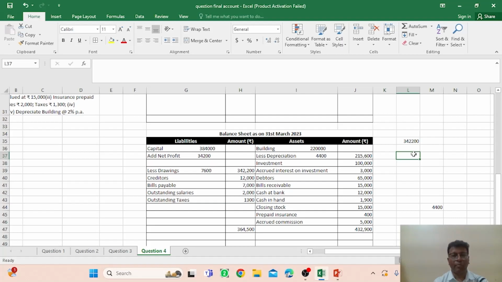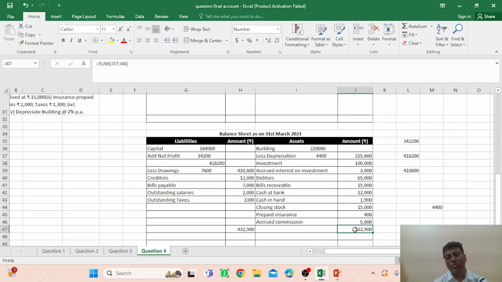Sometimes it happens, definitely it would happen, because there was an error, and if you check it and correct it, you will find that there was already written as a less, right? But it was now profit. Earlier it was the loss, so you had subtracted. Now you have to add this total. So equal 384,000 plus 34,200. So this is the amount that you should write, 418,200, and here you have to mention that equal 418,200 minus 7,600. This is drawing, and you find the figure 410,600, and you will see the correct answer yourself,